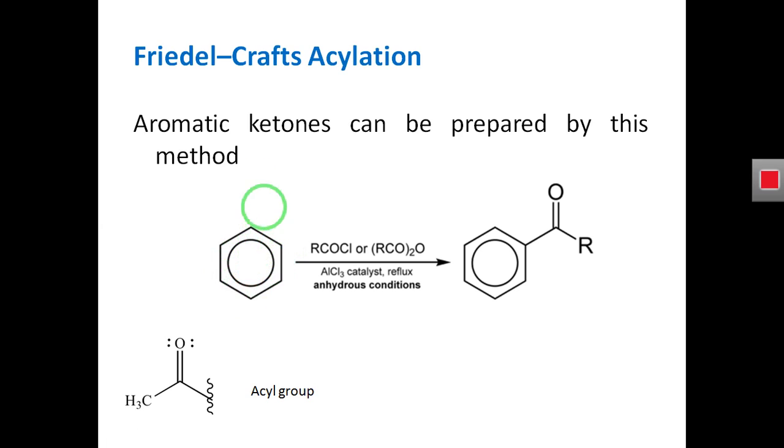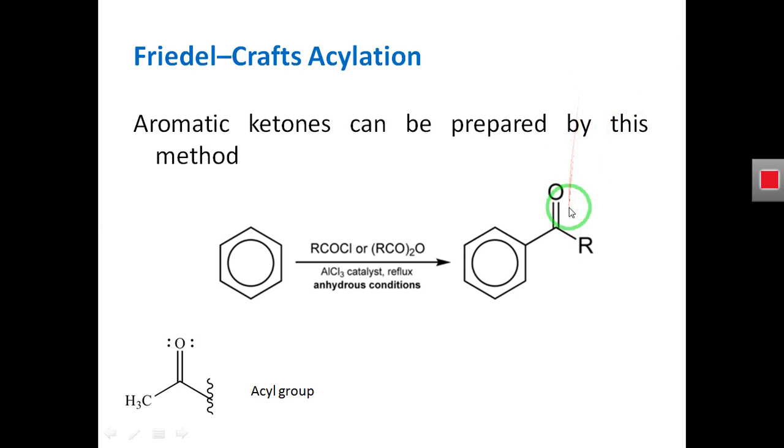Simple line, alternate line. So here we can see that it is an aromatic compound, and when we add an acyl group to this aromatic compound, we get an aromatic ketone. Why are we saying this is an aromatic ketone? Because it has an aromatic ring as a hydrocarbon radical. And what are ketones? Ketones are compounds that have a carbonyl group.